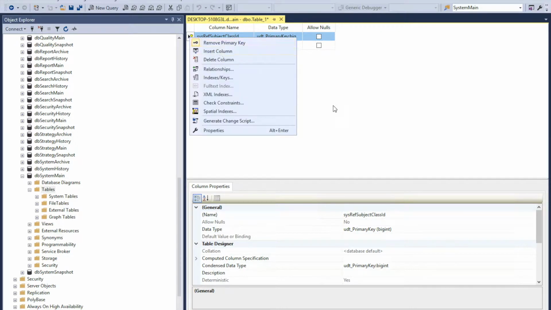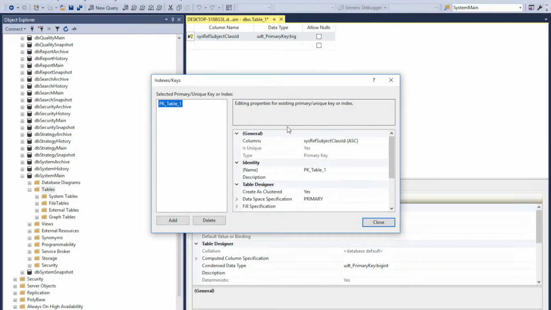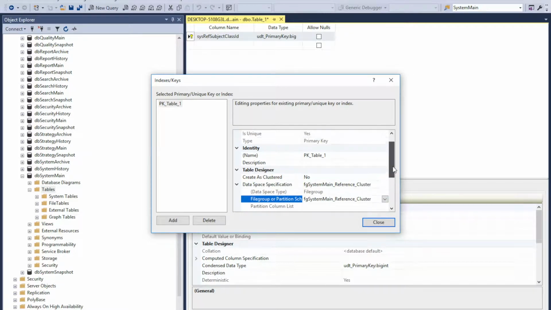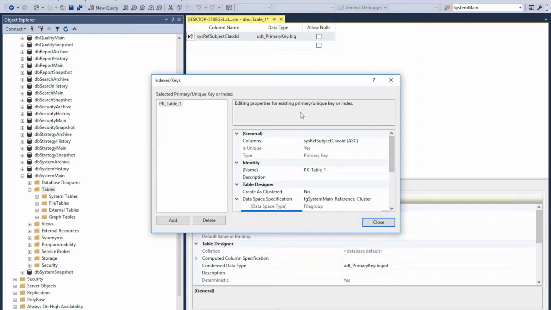I'm going to set it as a primary key and then turn off cluster and put it on the cluster file group for reference data, which is signified by the ref in the name,